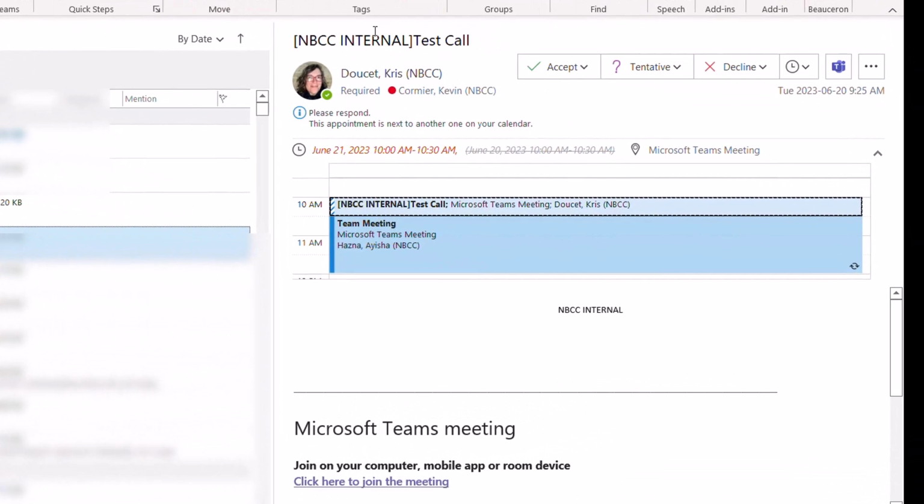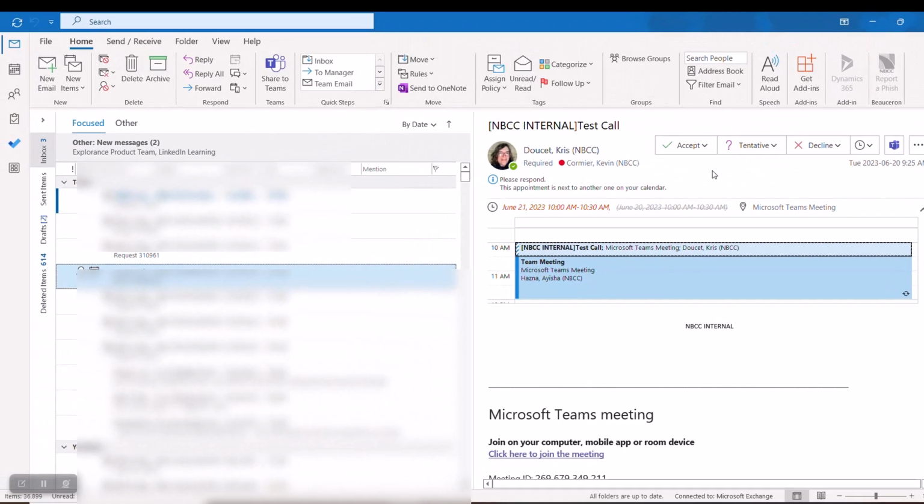If the meeting is just about to occur, just below the meeting invite, there's an option here to click here to join the meeting. So I can do that if the meeting's going to happen right away. Otherwise, if it's going to happen sometime in the future, I can press the accept button right here. Once I press the accept button, it's going to remove this invite from my email, and it's going to put it within my Microsoft Outlook calendar and in my Microsoft Teams application